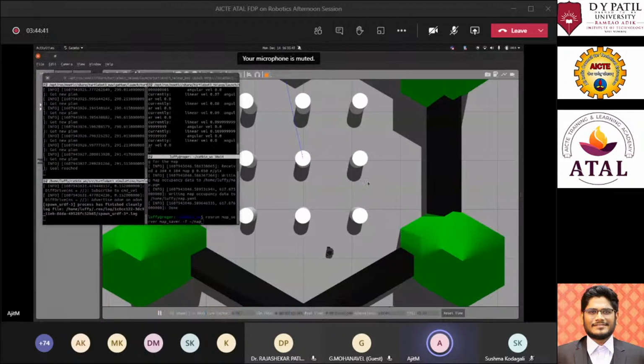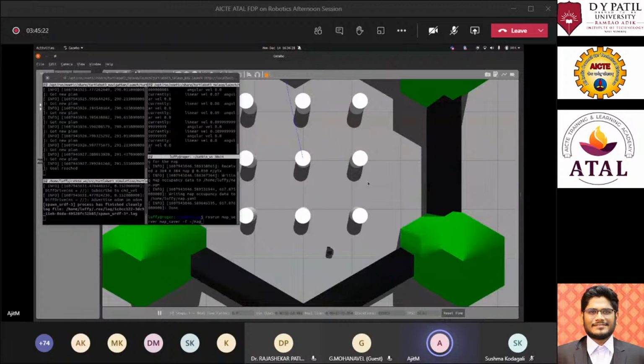Okay, so this is what I wanted to showcase. Basic navigation stack, how using some turtlebot or any other education robot, then how to create your own robot using URDF and Xacro, how to integrate sensors into it, and finally how you can integrate all the things together to do mapping, to localize the robot in an unknown area, or to point the robot to some kind of marker or some kind of point where it has to reach.